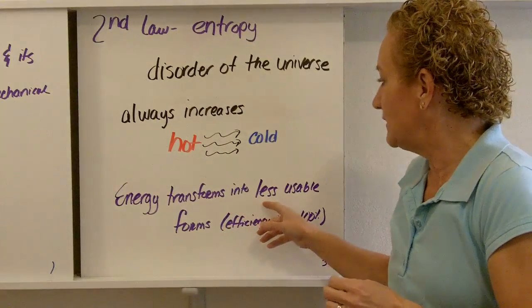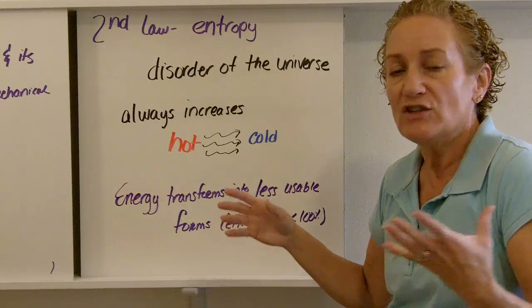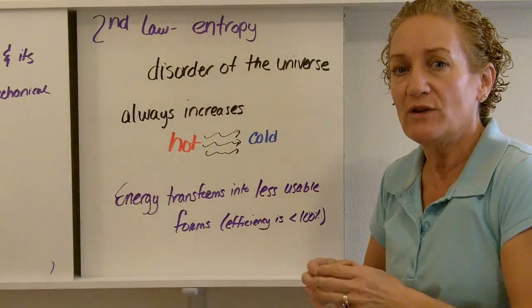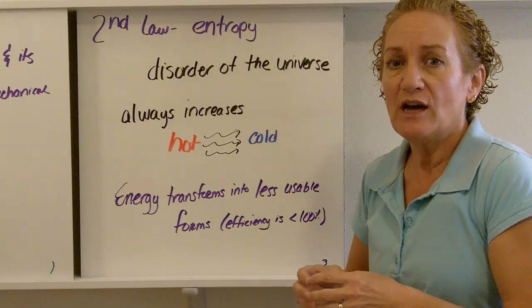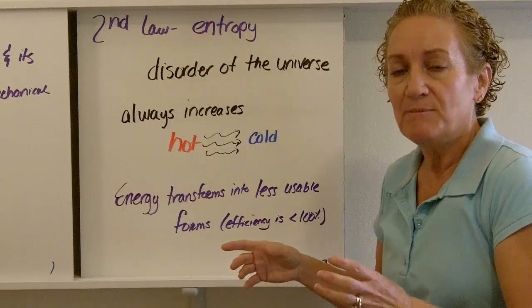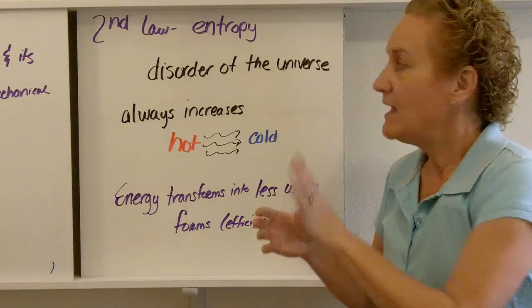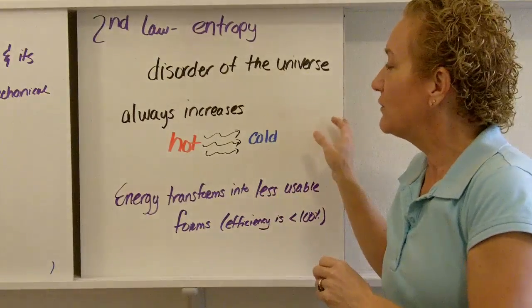Energy is going to transform into less usable forms. As far as we know, it's going to change into less usable forms, which is why you can never have a machine that's 100% efficient. It's always got to be less than 100% efficiency, because it's going to go towards a disorder. It's going to go towards a less usable form. That's two laws. Now the third law